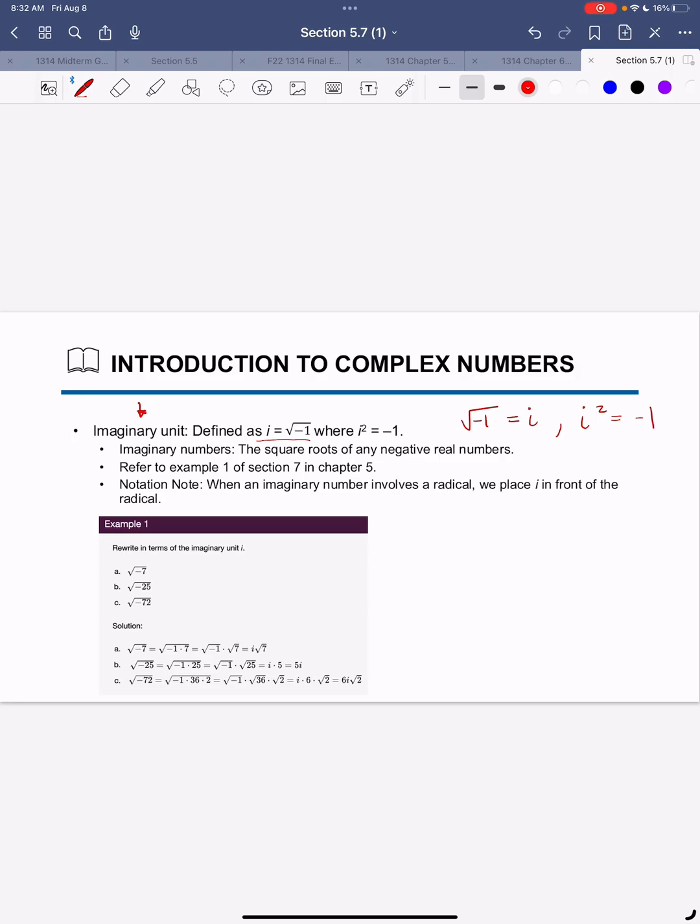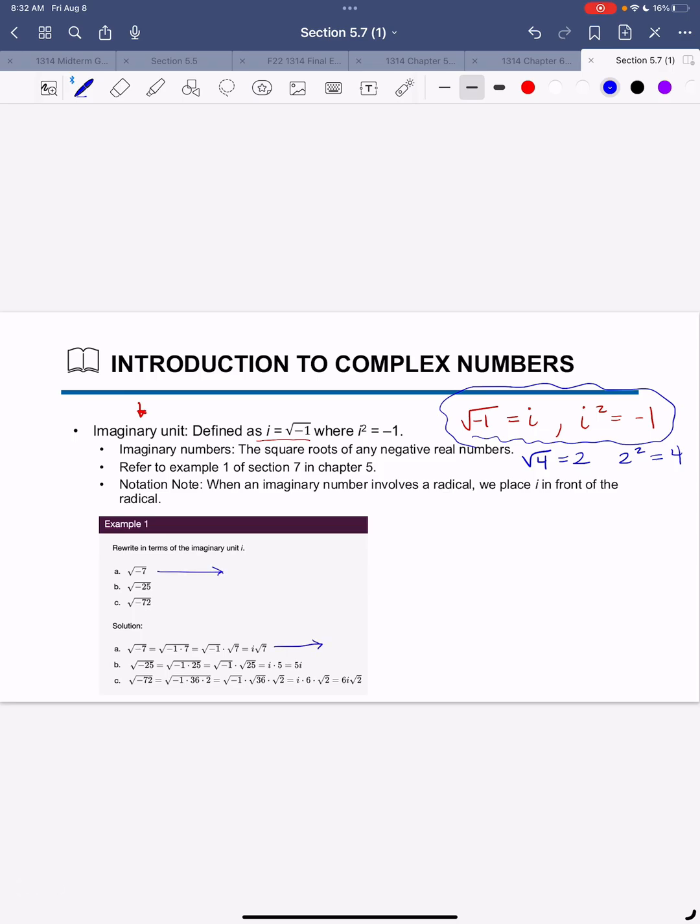-1. Where this is coming from is, remember, let's think back before we knew complex numbers to like taking the square root of 4. That would equal 2, which means that 2 squared is 4. So that's the same idea. We're not changing the operation here of taking square roots and squaring numbers, but we're just going to work with the complex numbers. So when we get into examples like this, where we're taking the square root of -7, this